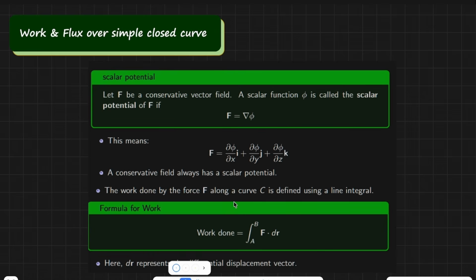Now come to the next topic, that is work and flux over the simple closed curve. Before going to this, I will simply explain what you mean by the simple closed curve and simple connected curve. There are different types of this. Simple curve means this is the simple curve, but this is not a simple curve. This is a closed curve, but this is not a simple closed curve. There are different things. So we'll see the work and the